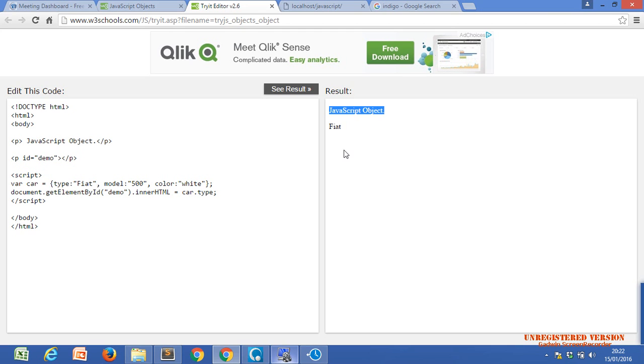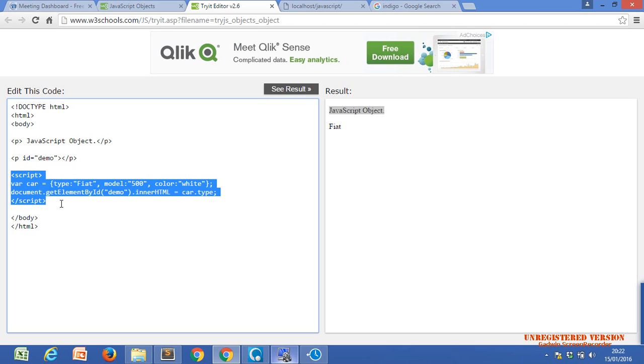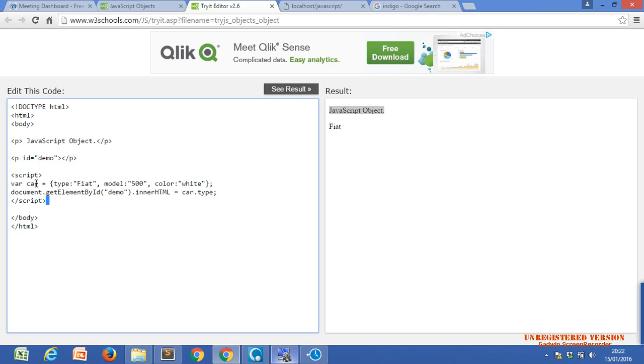Okay, Kushi. Now, the script tag. First thing in JavaScript, we have to use JavaScript code within the script tag. Within the script tag, we are going to use one car type variable, and we give it the name car.